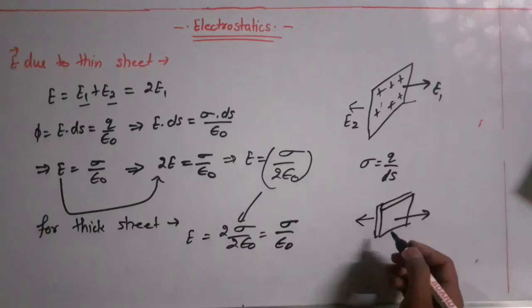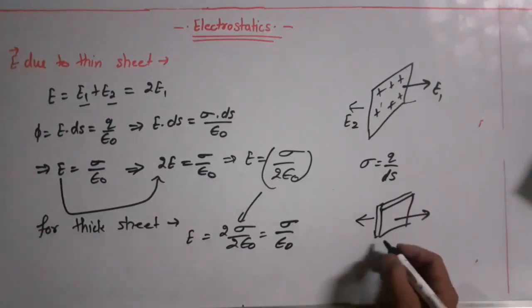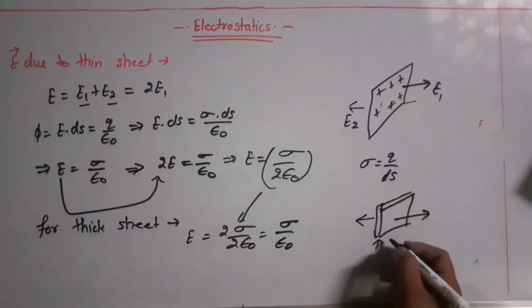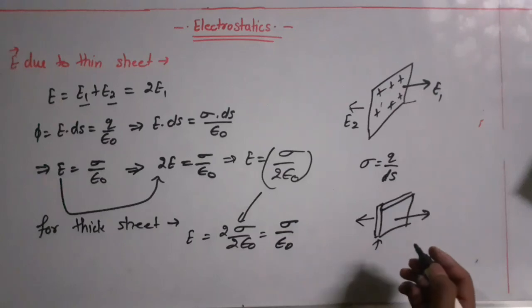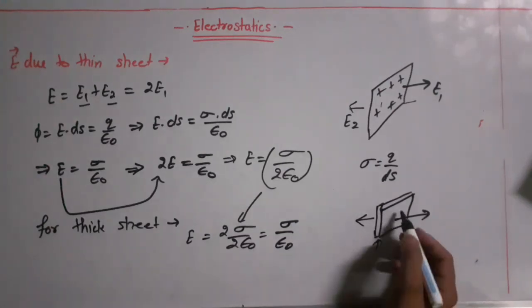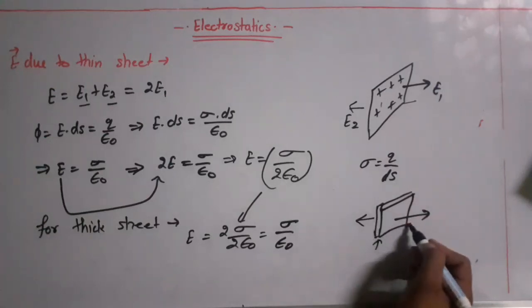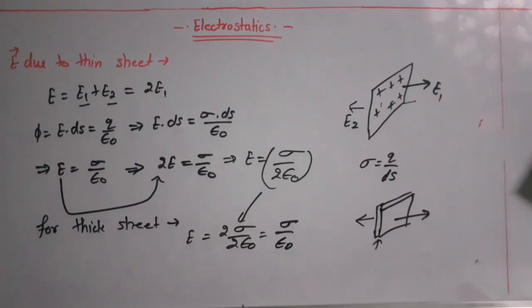Always remember that you do not have to take n number of thin sheets, or 3 or 4 thin sheets, to build this thick sheet. Why? Because this sheet only has 2 surfaces, and any charge given to a conducting surface will be distributed over its surface. So we will get 2 thin sheets, one on the front face and one on the back face. Only 2 sheets. So this is our topic for the thick sheet.